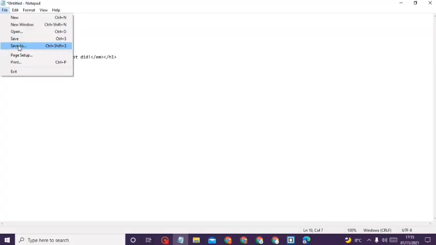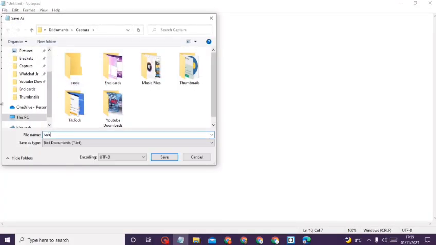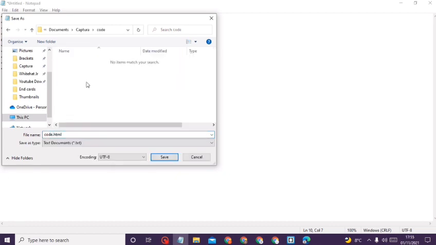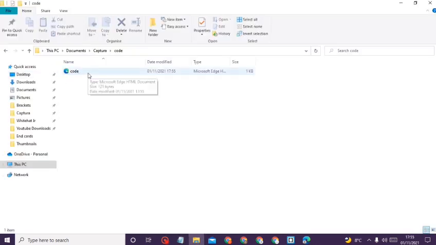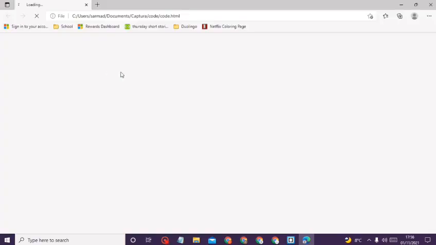Now, click on File, save it as code.html, and save it wherever you want. Click on Save, open it in your Documents or File Explorer, click on it, and it should open in your web browser as a website. You just